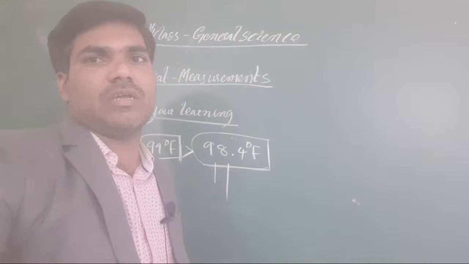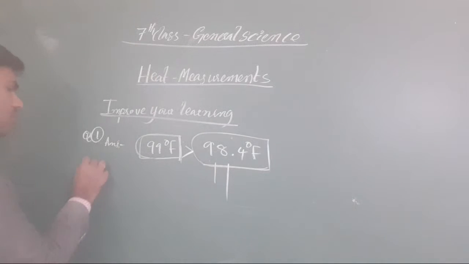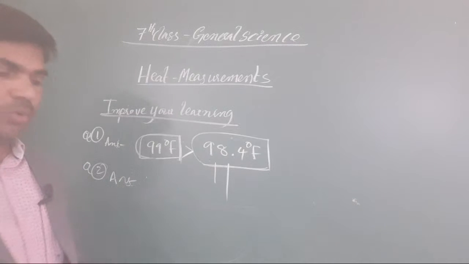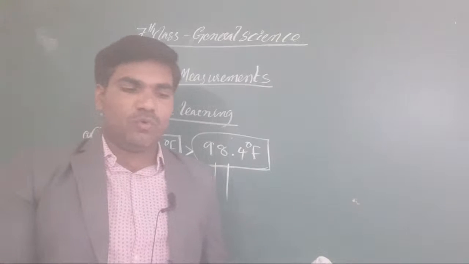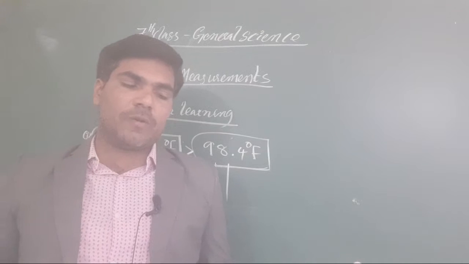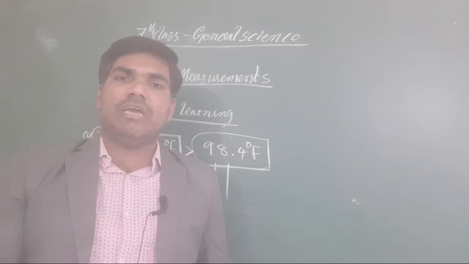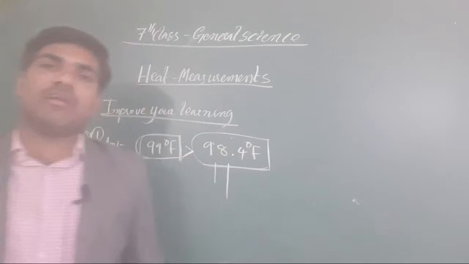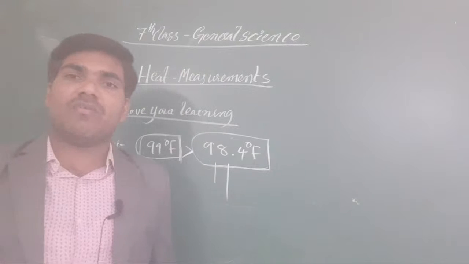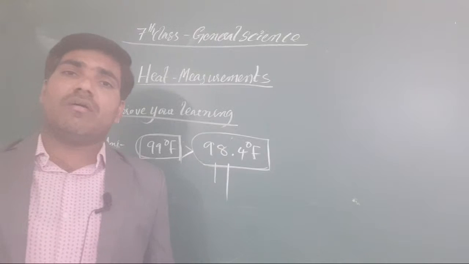Now we come to the next concept, the second one. Question number 2. What is the question? Why do we use mercury in the thermometer? Can water be used instead of mercury? What are the problems in using it? Okay, clear or not, all the students? Why do we use mercury? The properties of mercury are useful for us.